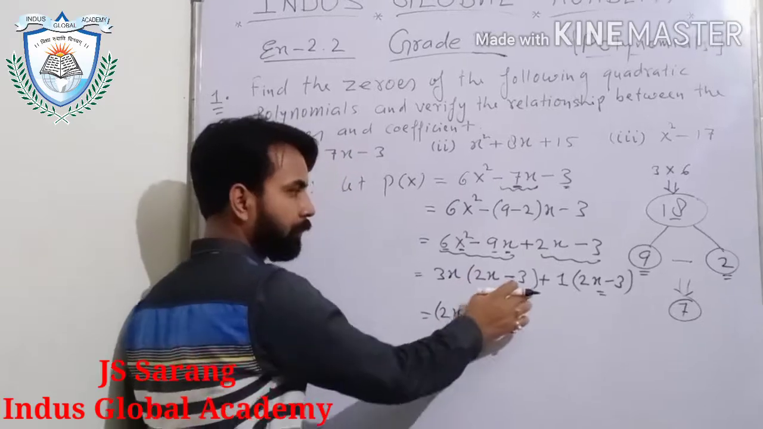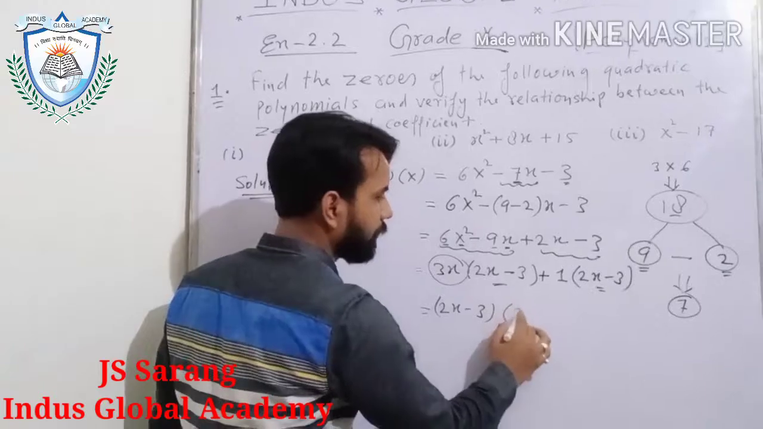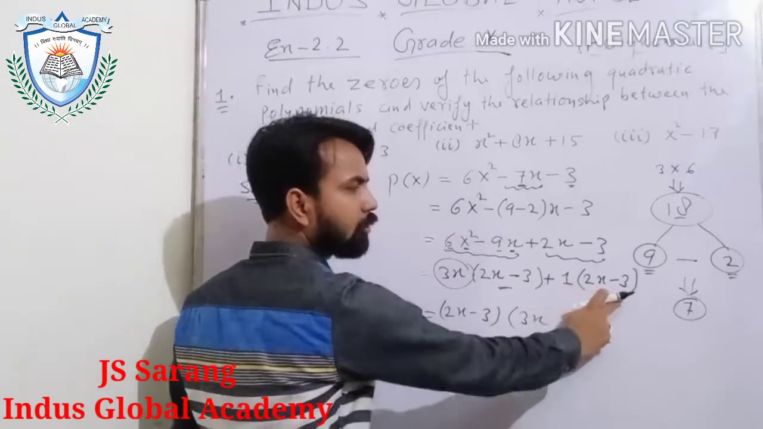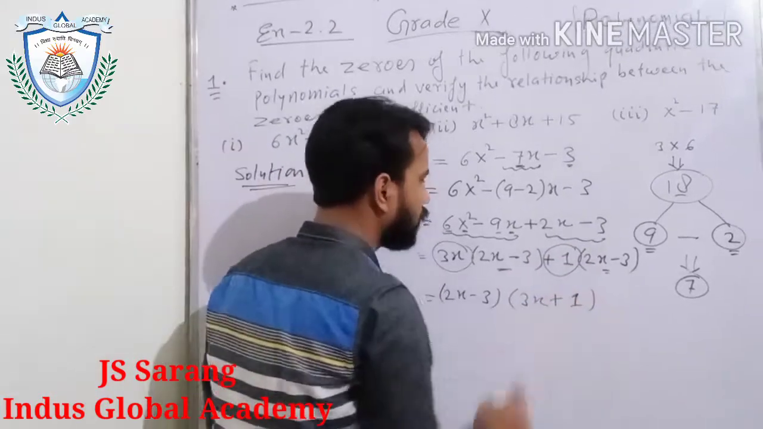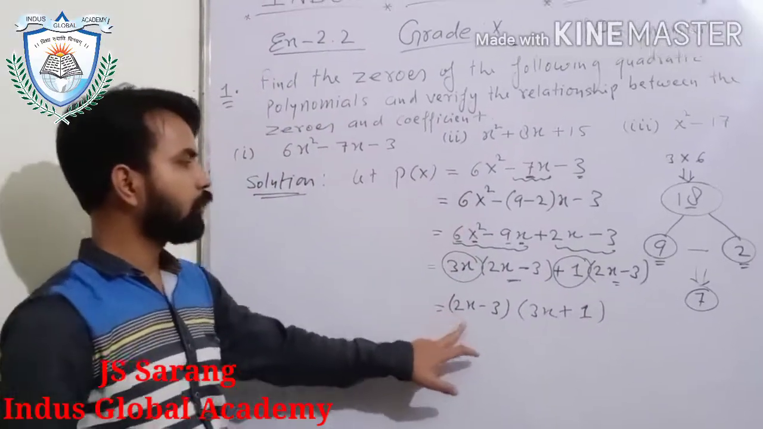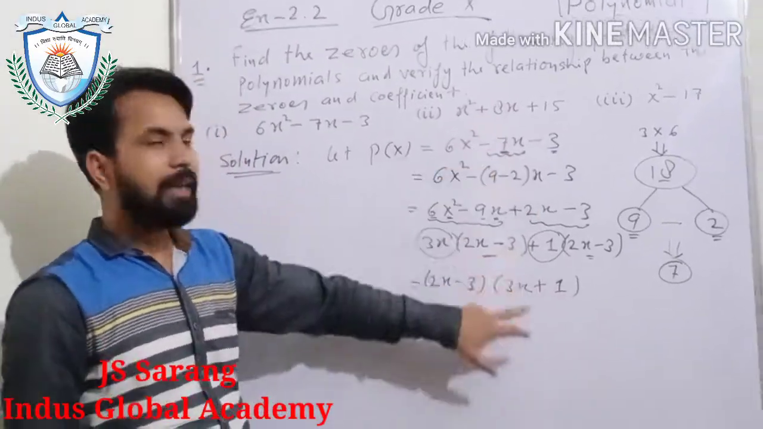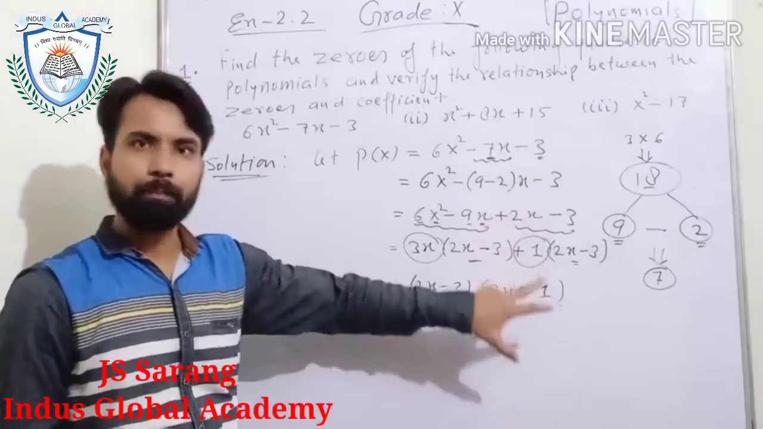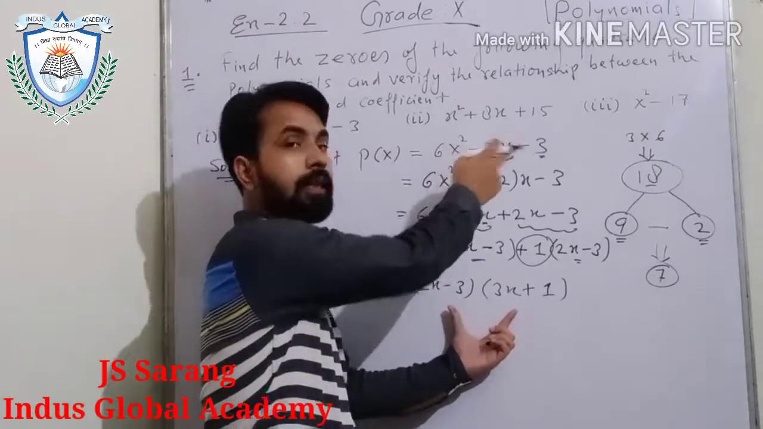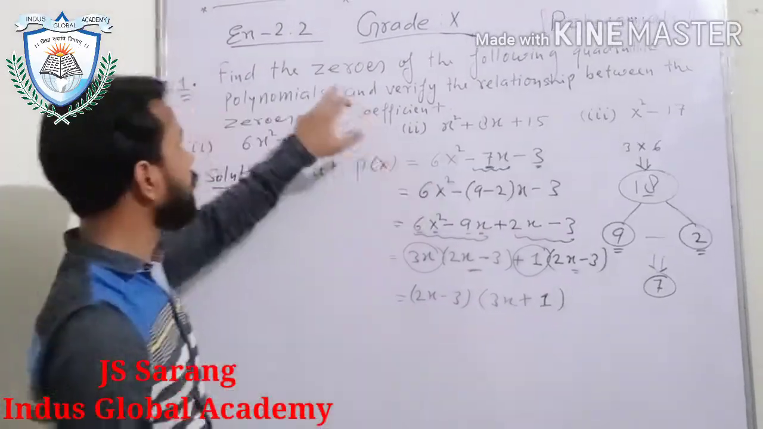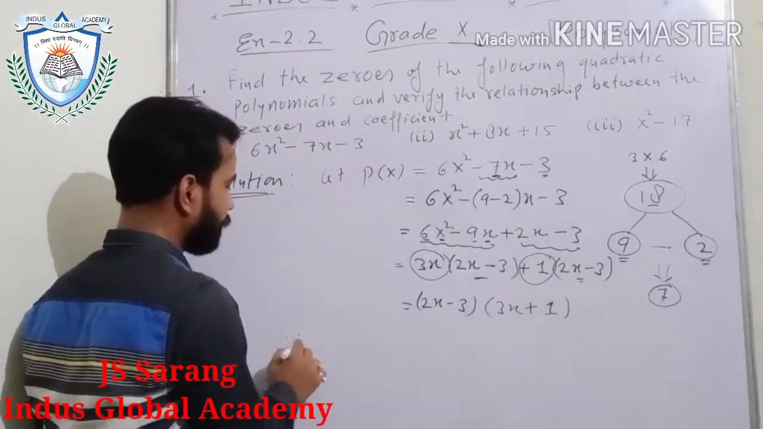So what is left? This is common. So what is left from here? That is 3x. And this is common from here. So what is left from here? Plus 1. So at last we will get 2x minus 3 and 3x plus 1. Now our splitting the middle term method is completed. But the question is not asking to factorize this polynomial. The question is asking to find the zeros of this polynomial. After doing this, we will have to write hence,